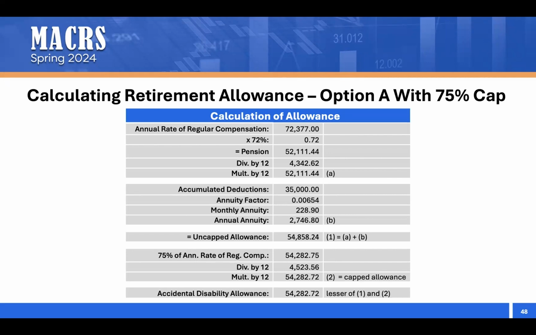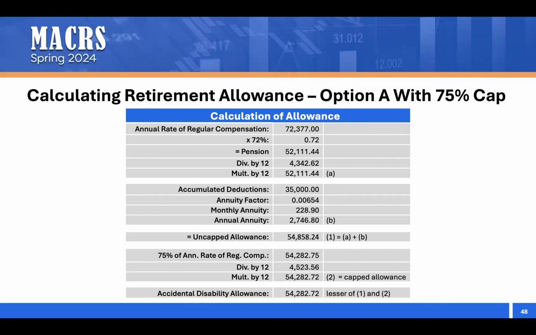$54,858.24. Next, we compare this to 75% of the regular compensation figure used earlier. 75% of this regular compensation gives us a number of $54,282.72 after adjusting for monthly payments. So the disability benefit would be the smaller of those two numbers. So in this case, the benefit is subject to the 75% cap. So the allowance would be the